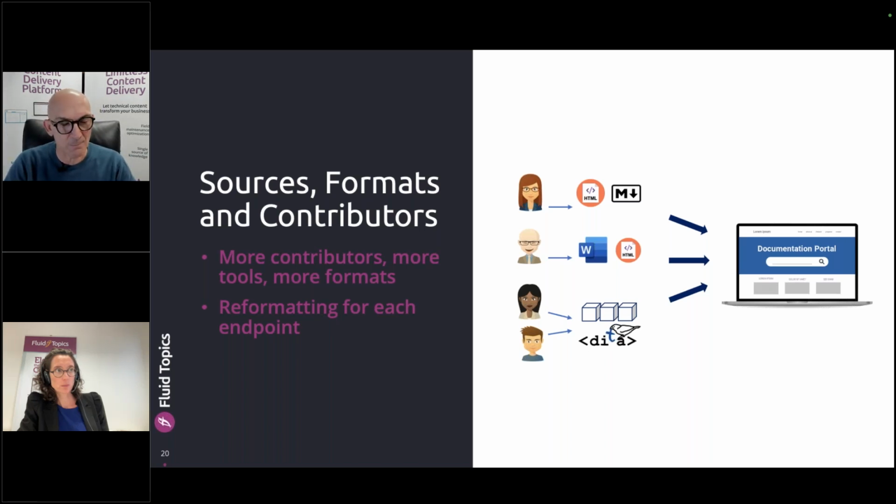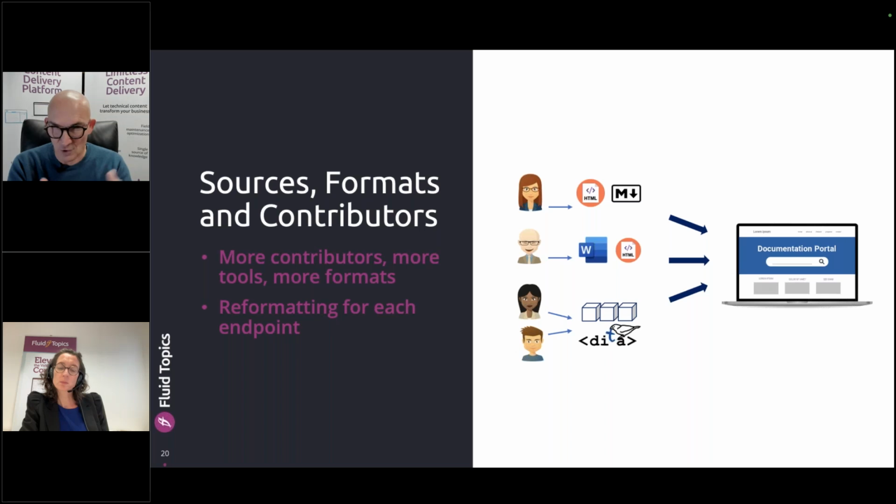So this multiplication, though accelerating the pace at which you can generate, ingest, update the knowledge repository, requires ingesting those formats from many tools and sources, still being able to transform that content so that it looks unified at the end as if it was written with a single tool internally, which is not the case anymore. So that becomes the responsibility of the delivery layer to unify the content, the experience, and the way people can search, navigate, and access that content, regardless of the tool that has been used for writing that content.